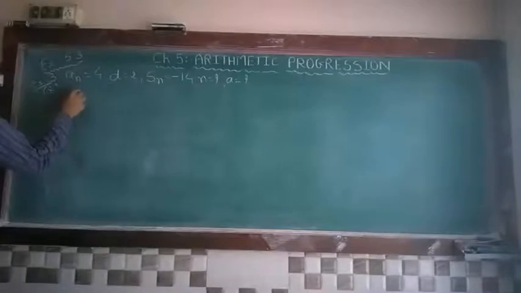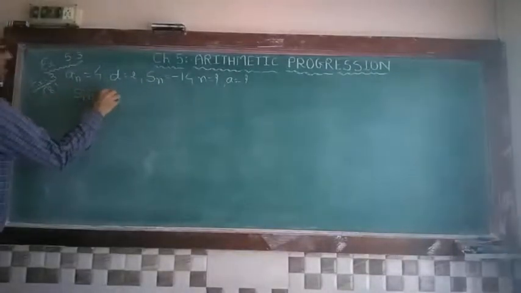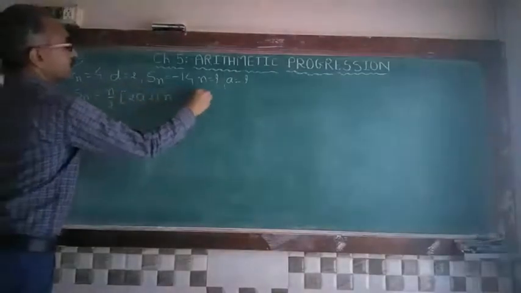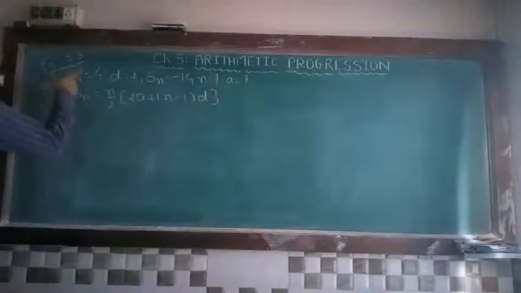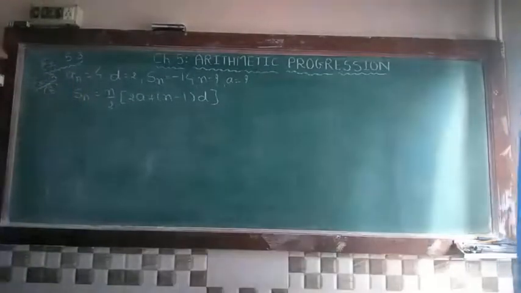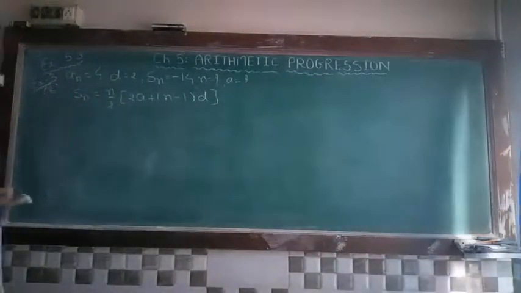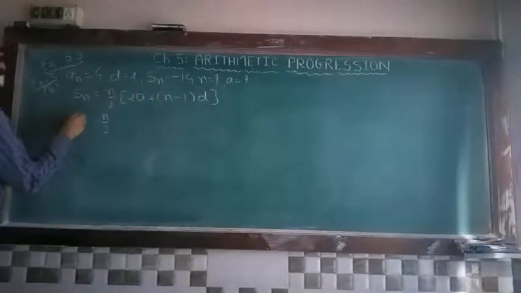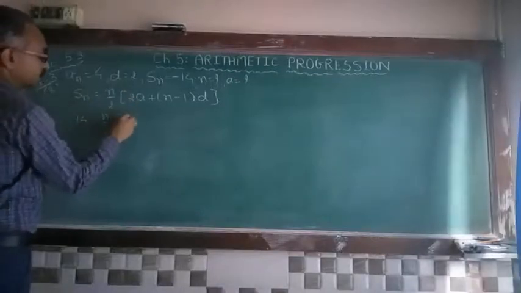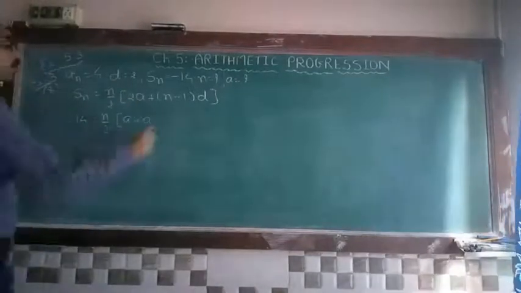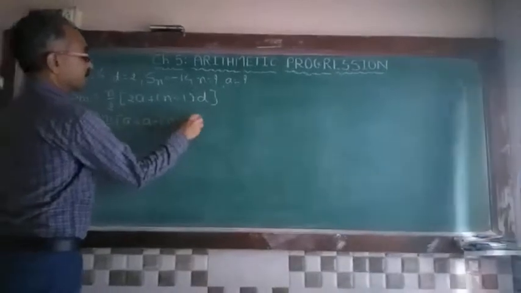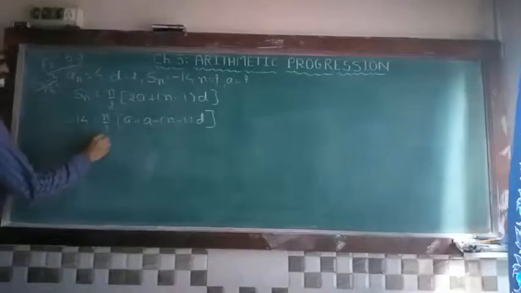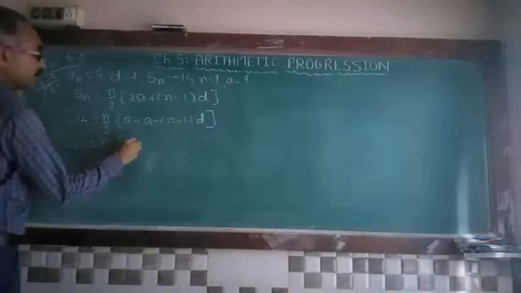Now Sn is given to you. So the formula is Sn is equal to n by 2 into (2a plus (n minus 1) into d). But the value of an is given to you, and the formula is an is equal to a plus (n minus 1) into d. So you can put here n by 2. Sn is minus 14. Here 2a, that means a plus a, that is 2a, plus (n minus 1) into d. So minus 14 times 2 is minus 28, n is the a plus.